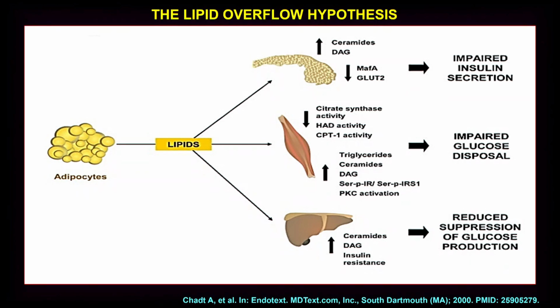There are two things that happen. One is there's a hyperplasia, that is the number of cells increase, and there's a hypertrophy. So it is this hypertrophy that actually causes the insulin resistance through pretty much the same pathways. You have it here, the CPT1, the HAD activity, etc. All of these cause insulin resistance in the periphery. Similar things happen in the pancreas, ceramides, diacylglycerol, as well as in the liver. So we all know about the twin cycle hypothesis, how fat sits on the liver, fat sits on the pancreas. Even a 0.5 gram increase in fat sitting on the pancreas can cause impaired insulin secretion, as well as glucose disposal.